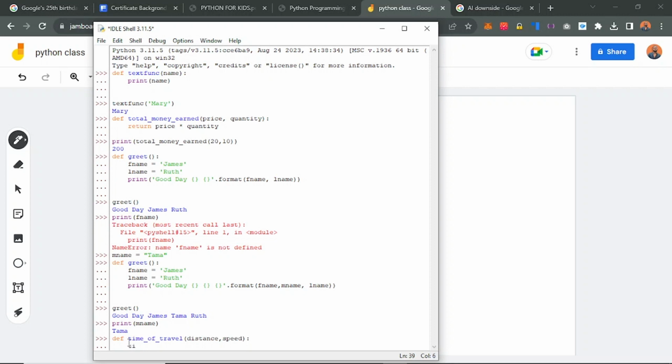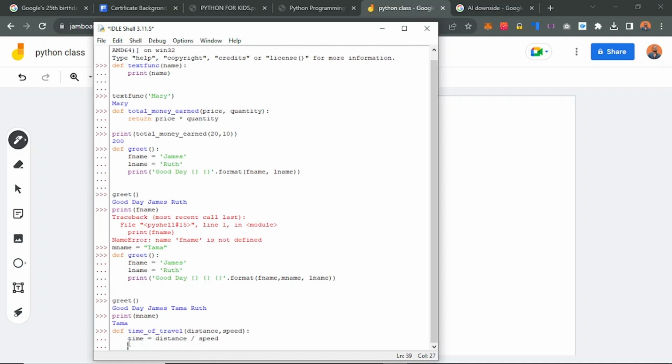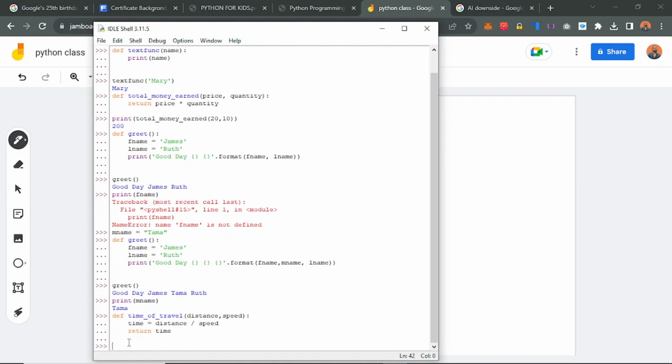To get your time, you say time equals, what's the formula, distance divided by speed, right? So return time. Always return a value from your function. If it does not return anything, then it returns None. It returns nothing. So print,